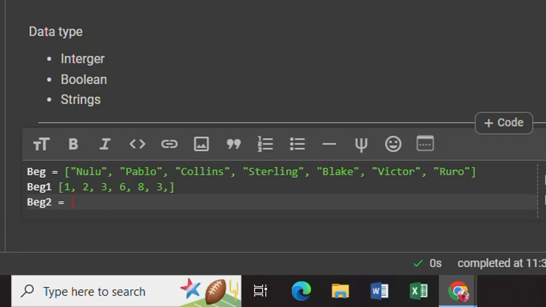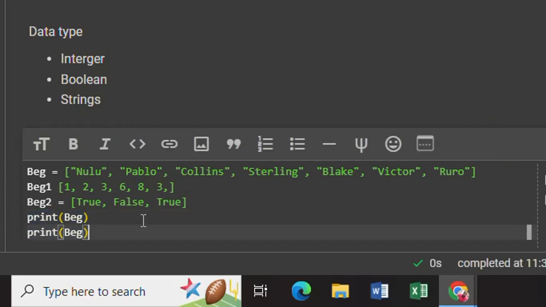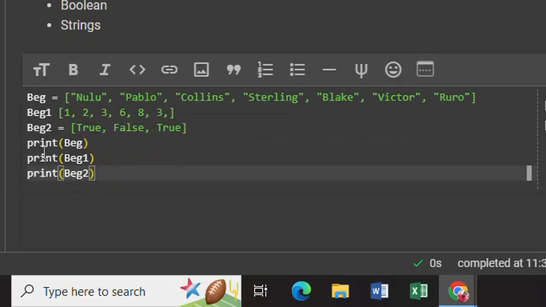Once I put this, it becomes a list. I need to type true. I need to type false. I need to type true. Whatever I type in there, it's automatically going to work once I put it up here, and you see all of them are lists. So if I want to print, I can print it out by using beginners, and I close it up, and I'll copy this again, then I'll go down, paste this, go down and paste this, and I will replace here with 1, and I'll also replace here with 2, and if I run the code,